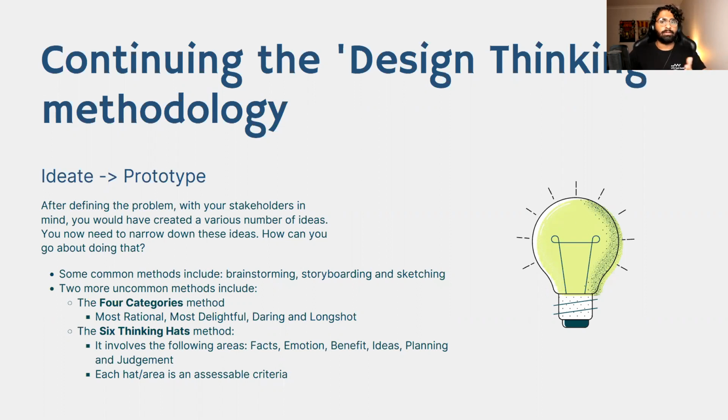And then the second method is the 6 thinking hats method. Now this one's a bit more obscure, and we're going to be covering these 2 methods in the following slides, and doing some exercises to understand how they can really help. The 6 thinking hats method involves 6 different colored hats, which cover the following areas: facts, emotion, benefits, ideas, planning, and judgment. You can think of each of these hats as its own criteria. They essentially allow